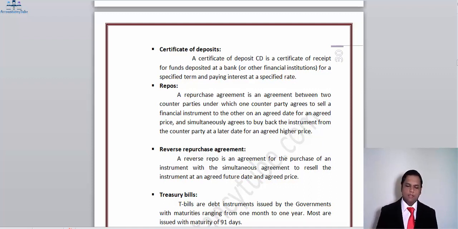So what they do is get a repo agreement, a repurchase agreement, in which they sell the instrument to another bank or company at a rate and get the funds which they require. When they get the funds back from their operations, they will return the funds to the bank to obtain the shares which they have given to them. Obviously, this time when they buy it back, it will always be at a higher price, because that's set in the agreement on day one: they are selling the instruments right now at a rate, and they will repurchase those shares at a future specific date at that specific amount